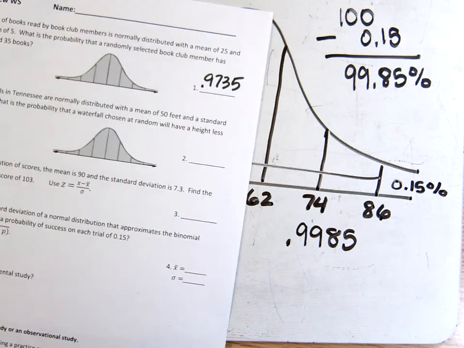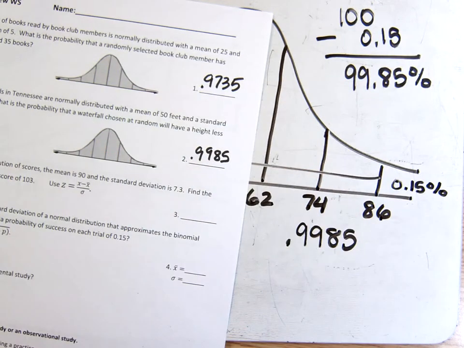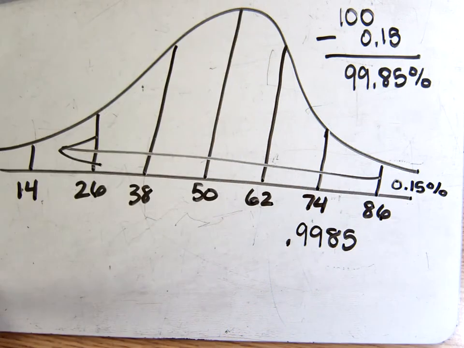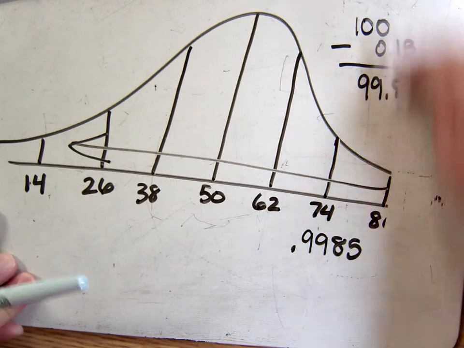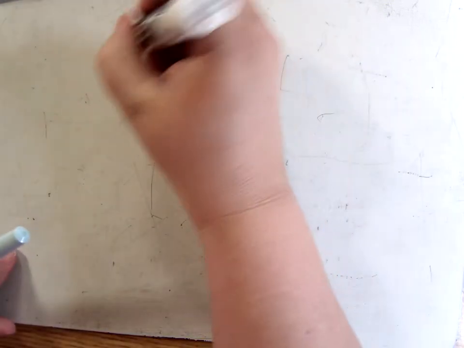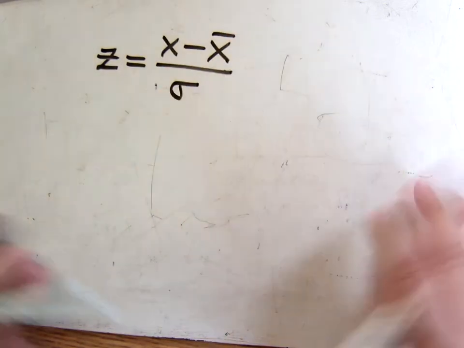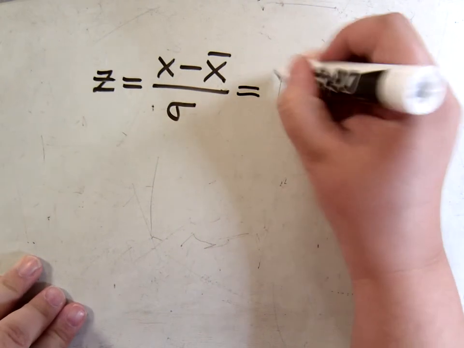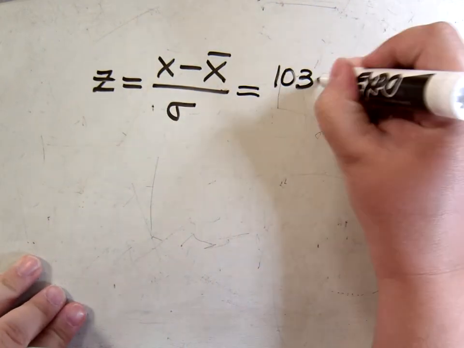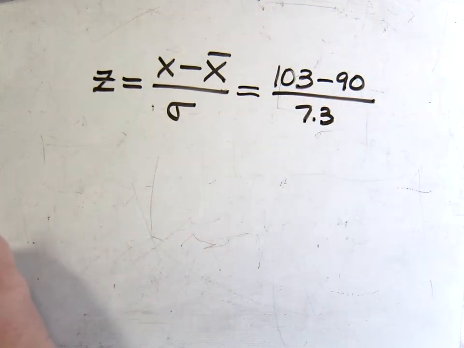Okay. Number 3. In a certain normal distribution of scores, the mean is 90 and the standard deviation is 7.3. Find the z-score corresponding to a score of 103. Okay, so 103, here's the formula, remember, and it's right on your review. 103 is my score that I'm looking up. The mean is 90. The standard deviation is 7.3. So I'm doing 103 minus 90, which is 13, divided by 7.3, and I get